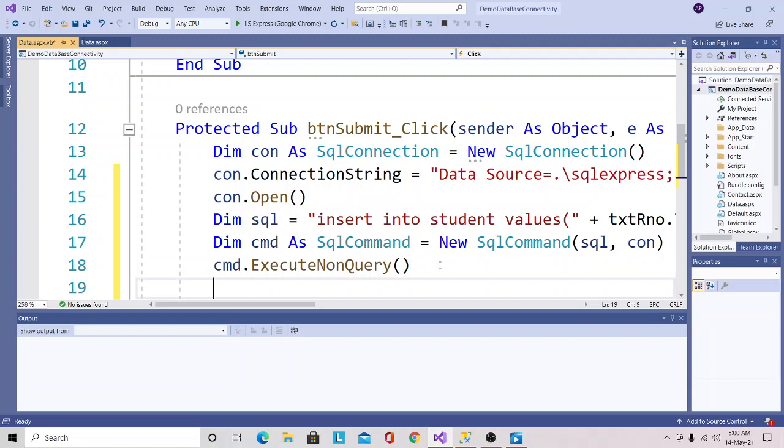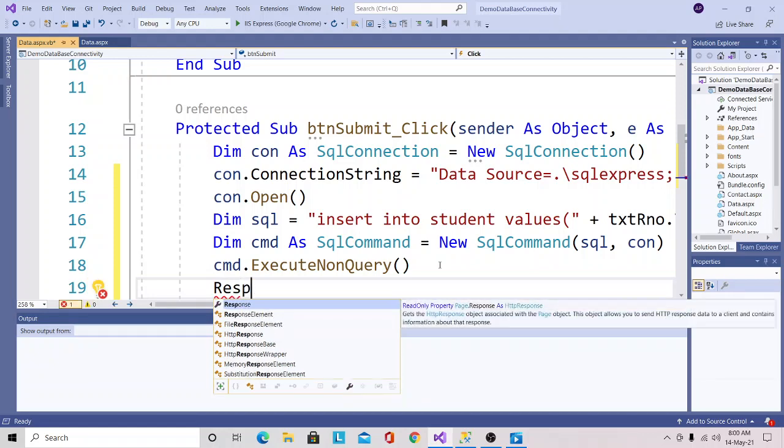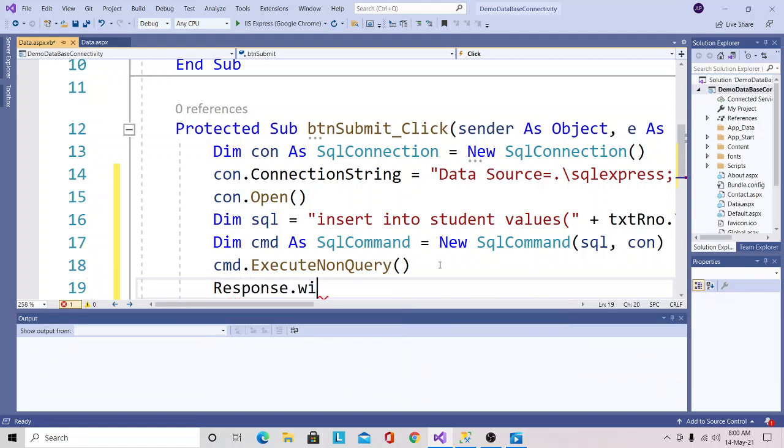To display the message that the query has been executed successfully, here I will take the help of JavaScript. I will call the Response object. Using the dot operator I will call the Write function, and within this Write function I will mention the script tag, that is open angular bracket, close angular bracket.